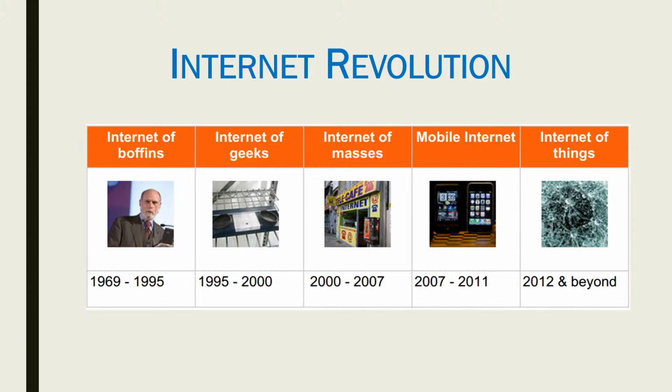So Internet of Geeks means that the internet at that time wasn't that useful. Right now, the internet is everything. We cannot live without it. We need it every day. We have to use it for everything, like communication or getting information for different purposes, for our job. Everything depends on the internet. But back in 1995,